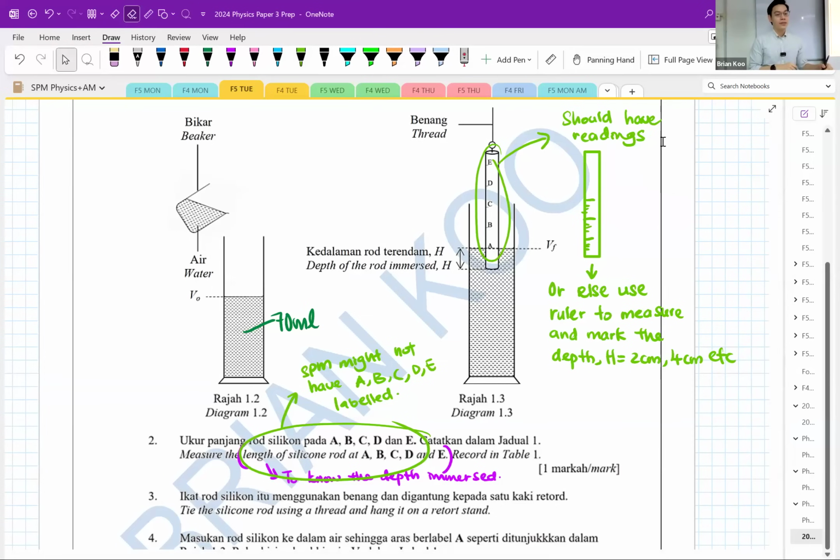Okay? Or the worst case is like during your trials, for those of you who sat for it, Selangor. You can take the ruler to the plasticine. That's one way to have measurements on the plasticine. Can also. Okay? So there are many ways they can ask you.